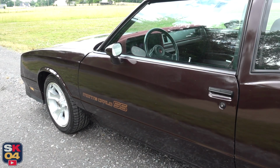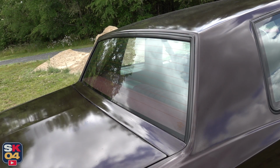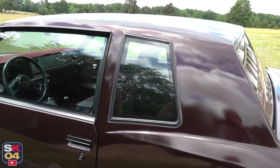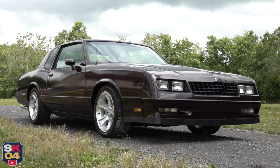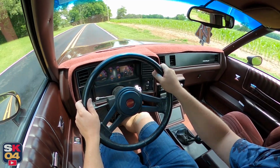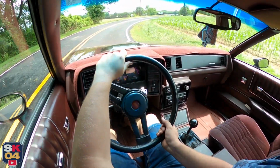The starting price for a Monte Carlo SS in '85 was around $11,608. Additional options originally equipped on this car included intermittent windshield wipers, an electric rear window defogger, air conditioning, front bucket seats with a center console, a tilt steering wheel, twin remote sport mirrors, auxiliary lighting, power windows, and cruise control. The total MSRP with destination would have probably been around